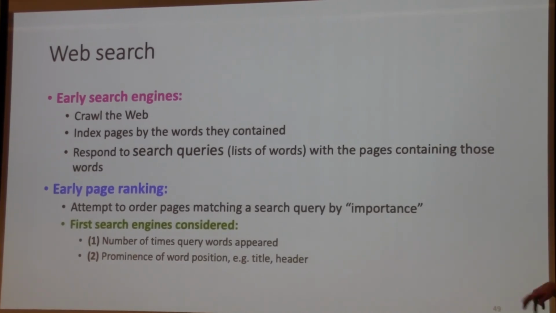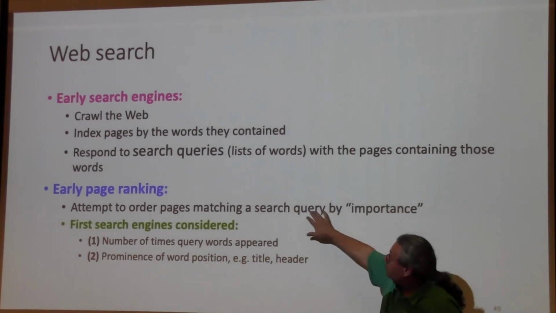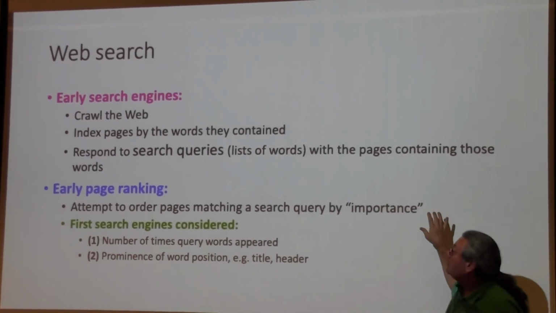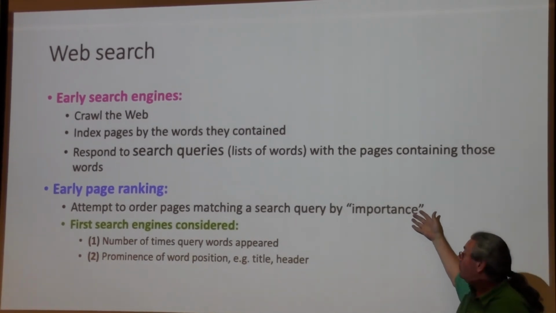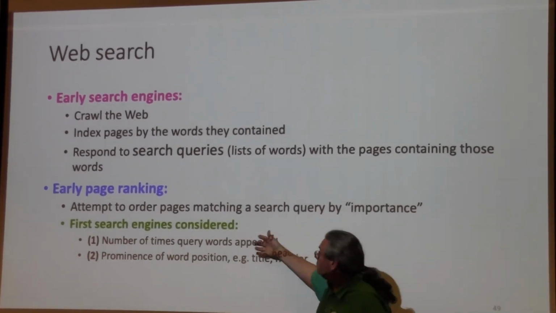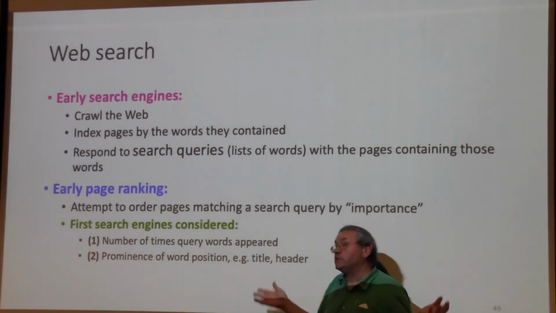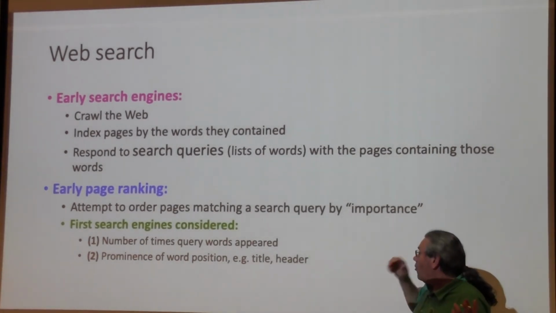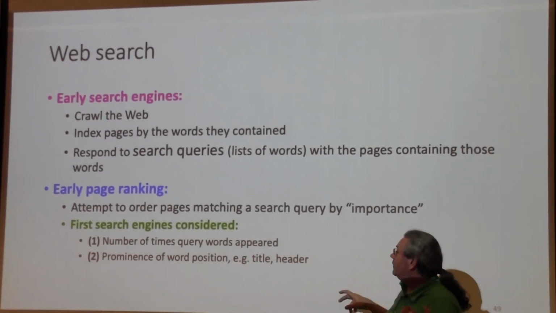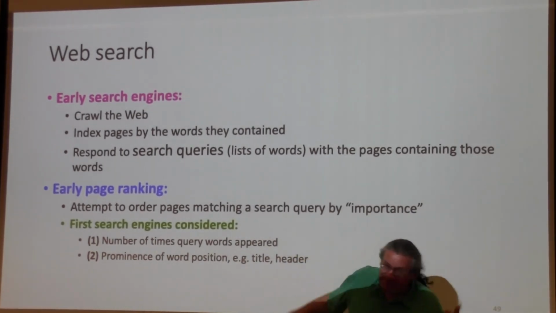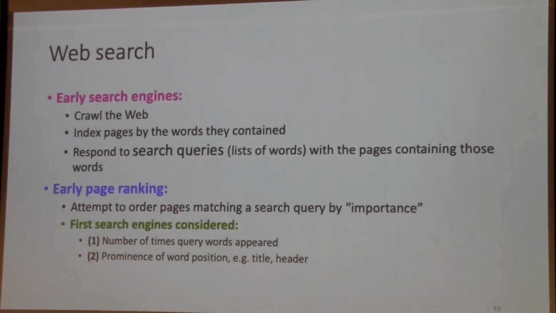And somehow you have some tricks, you try to find which pages are important. How do you figure that out? This was before PageRank, yeah? Well, the number of times, pages that talk a lot about sports were important, or maybe the sports word is in the header, the title. Okay, so it's very easy to cheat, to do that.